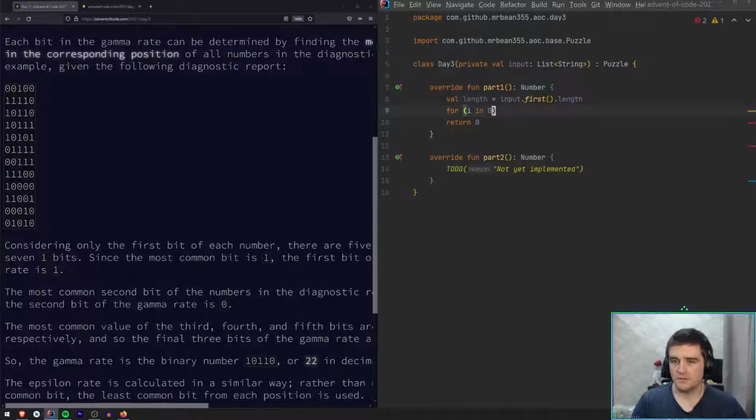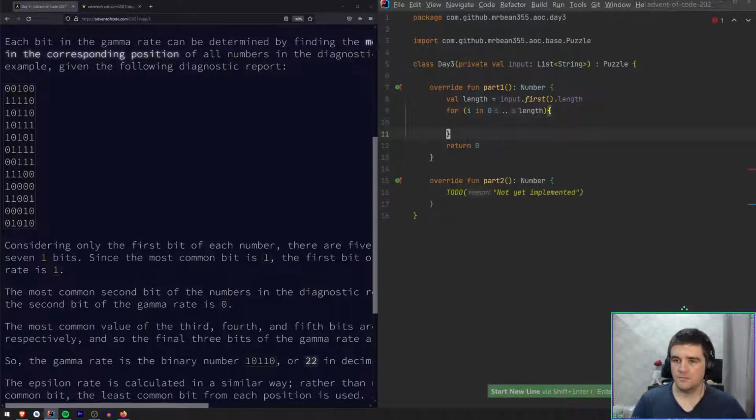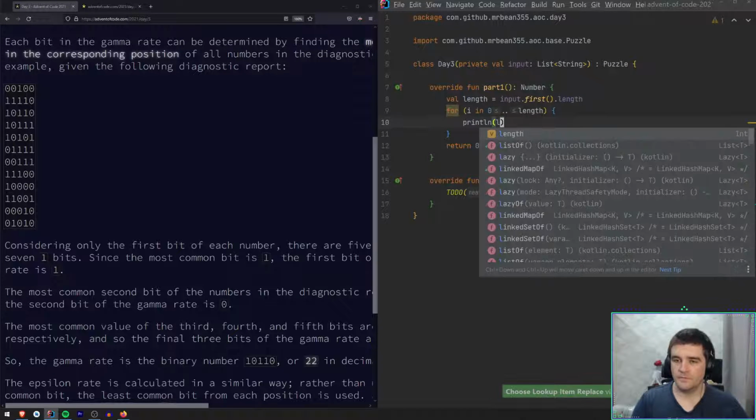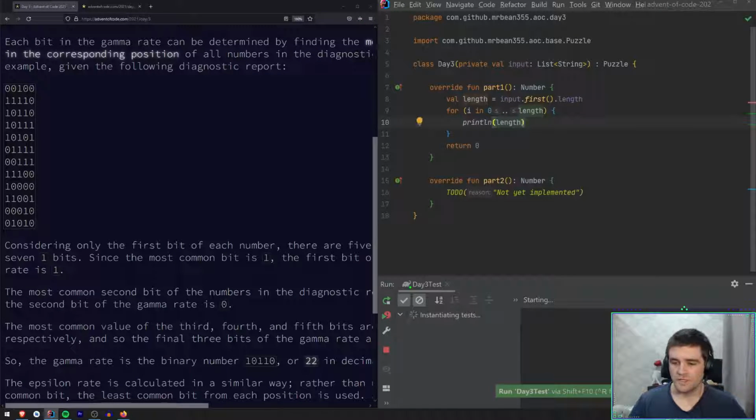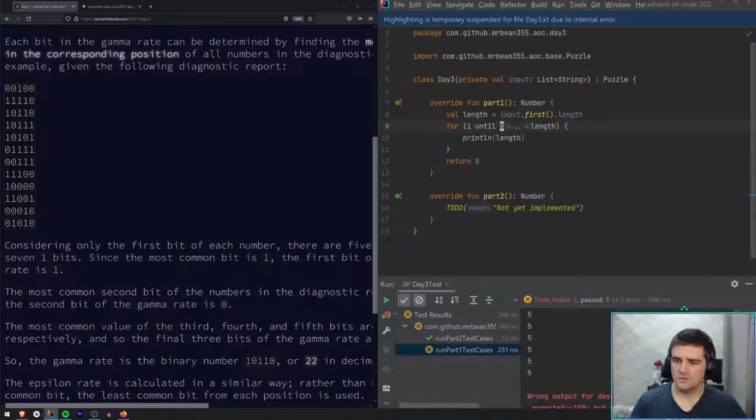So for i in 0 to length, right? But I need this to go until 4, not 5. So until, wait, what, how does it work? Until